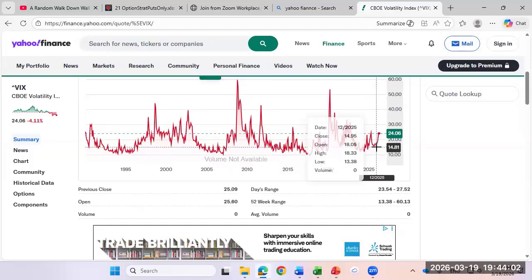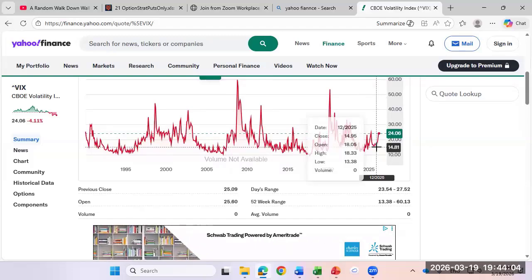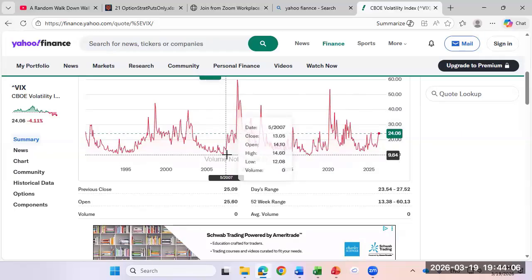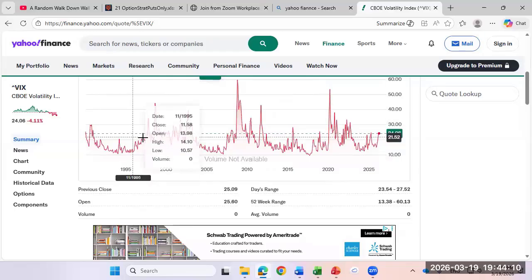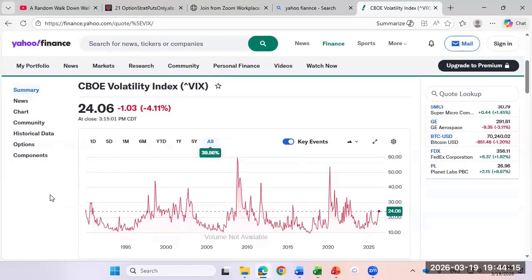It was below 15, not real cheap, but it was a good time to buy insurance. And you can see right before a crisis, it's really cheap. It was cheap for quite a while in the 90s, and if you want more history, you can essentially create it. All you've got to do is get the standard deviation of the S&P 500. If you just do the annualized 90-day standard deviation of the S&P 500, it lines up almost perfectly with the VIX, so